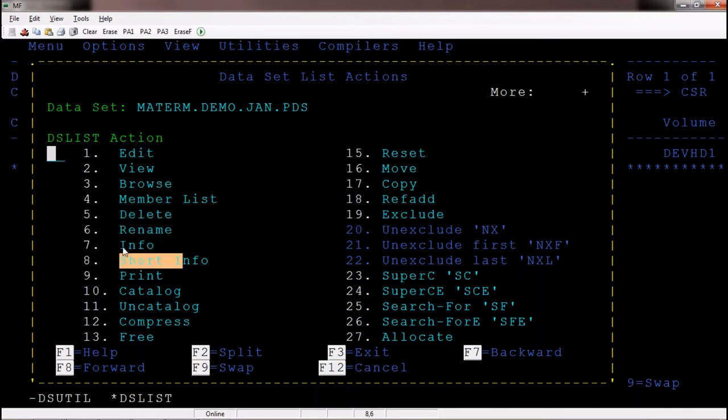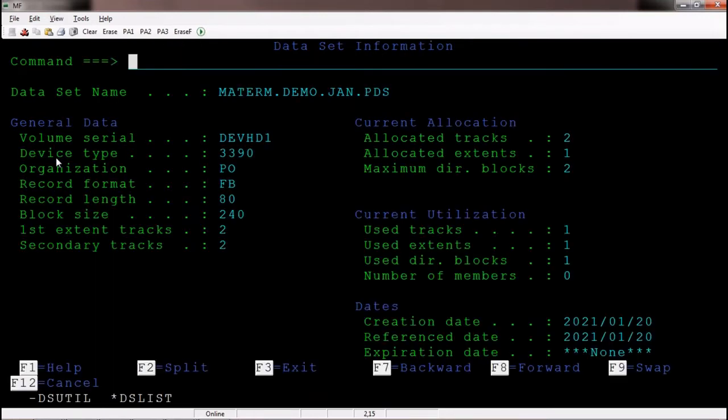If you want to see information in this particular position, type 7 here and hit the enter. We can see data set information. Press F3.